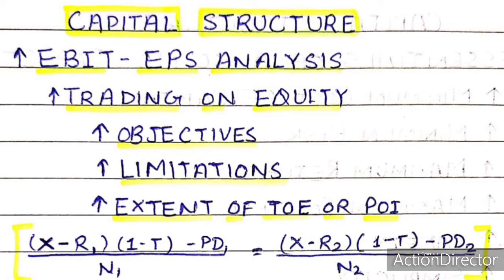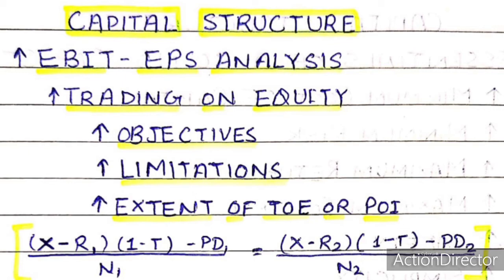Thus, from the aforesaid description, it is clear that the policy of trading on equity is influenced by the above factors. But if the average rate of return of the firm is more than the rate of interest on debt and the goodwill of the firm is good, then the policy must be followed. Recently, many Indian companies such as Reliance Industries Limited, Tata Limited, Indian Rayon Limited, etc. are trading on equity by issuing debentures.